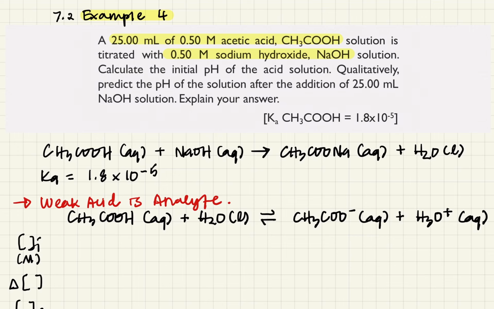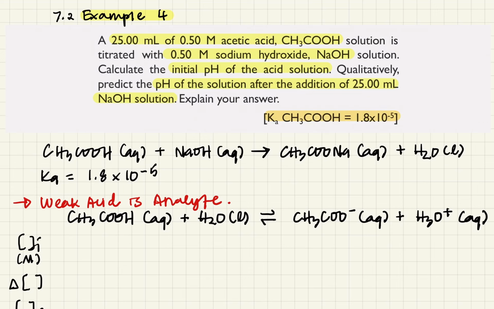So calculate the initial pH of the acid solution, okay, and then qualitatively predict the pH of the solution after the addition of 25 mils of sodium hydroxide solution. Okay, explain your answer. Then they gave you the acid dissociation